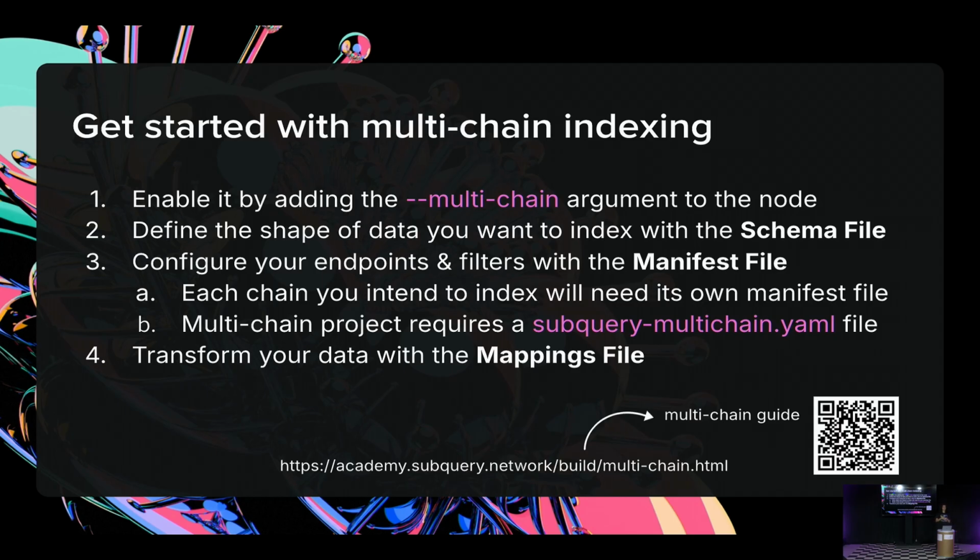I invite you also to look into this guide, the multi-chain guide. It shows you how to develop multi-chain projects from scratch, starting from a single chain project, and how to turn it into a multi-chain one. And also what's cool, you can use the SubQuery CLI command to automate the whole process and get the scaffolding ready from Cosmos protobufs or from an ABI file. With one command, we'll be able to get the scaffolding ready, and much of this work will be done for you already. So that's pretty cool.